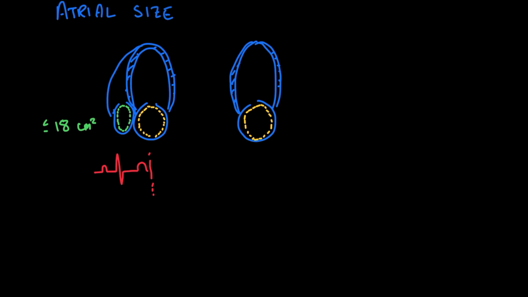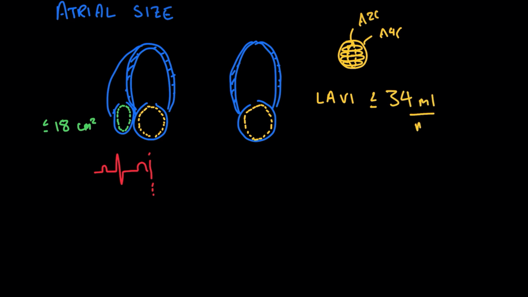Just like we did when we were looking at left ventricular volumes for ejection fraction, I can take these two circles or these two ellipses, the first one here from the apical four-chamber, and then the second here from the apical two-chamber, and I can sum a series of disks using the Simpson biplane method and get a volume. And so for our left atrium volume index, we divide this by the body surface area, to be less than or equal to 34